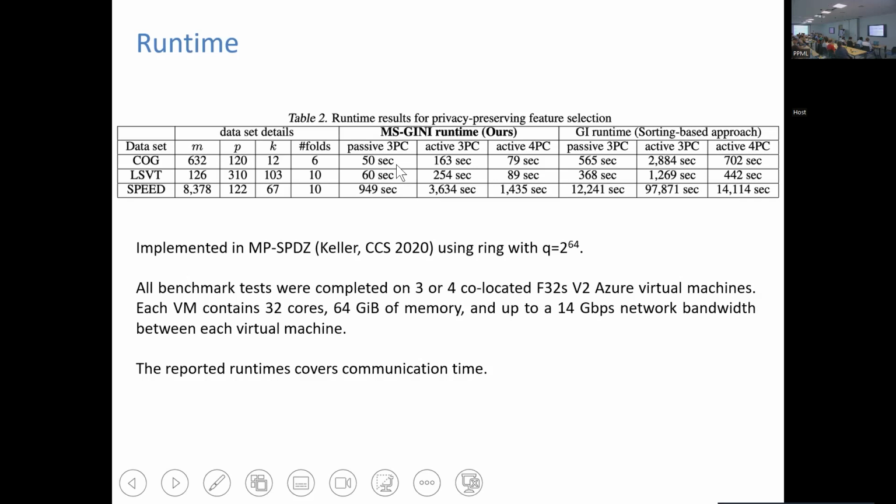But if you compare doing this mean split Gini with doing the standard Gini for the computation of the scores, then if you pick any column here and compare to here, it's essentially one order of magnitude gap. So this simple change, in the clear, doesn't have any significance at all. It will not improve your running time in the clear, pretty much nothing. And in secure ways, it makes a huge difference in computation time. The accuracy that you can achieve for many data sets is actually the same.